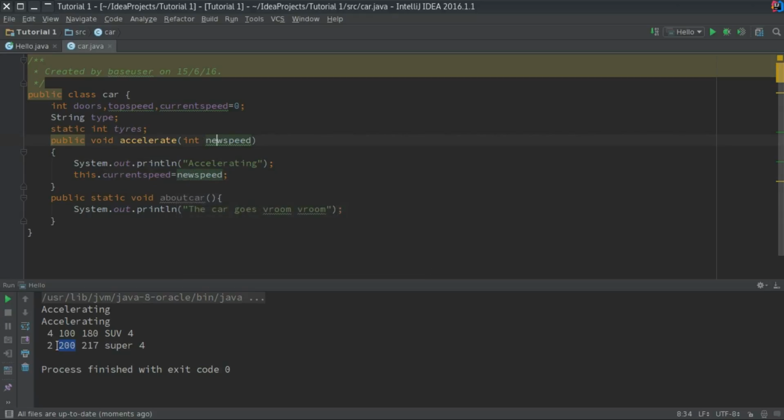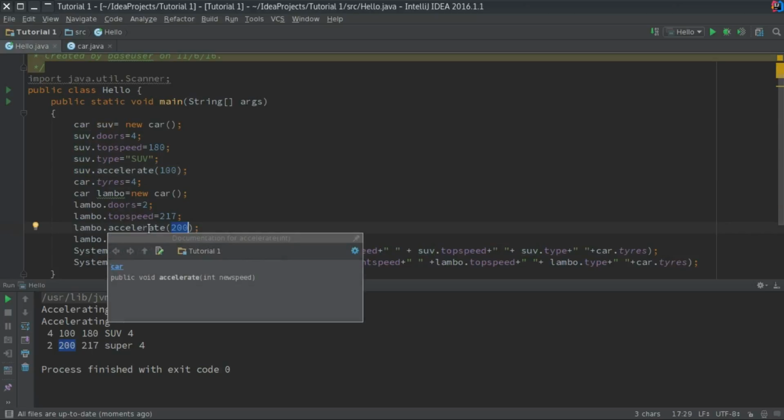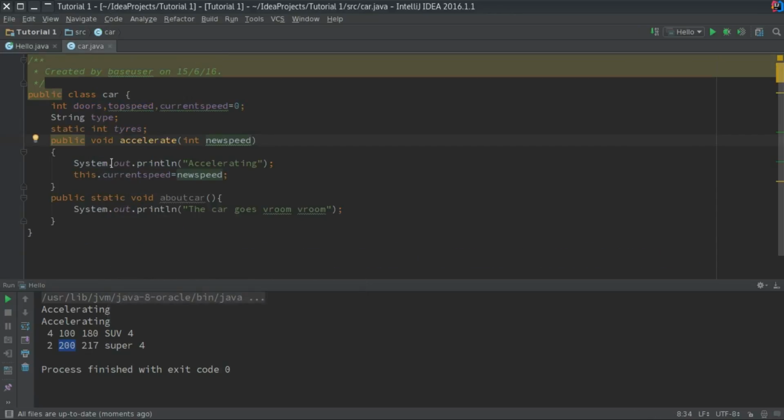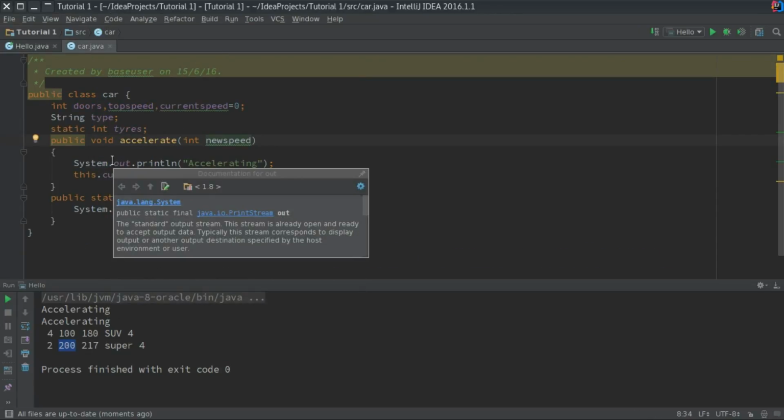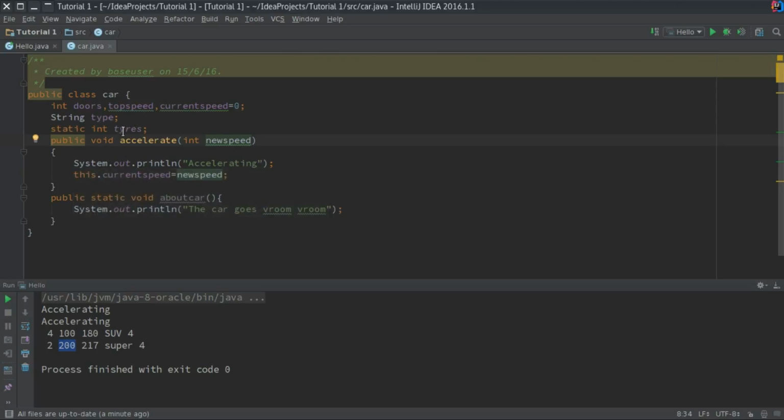So hence the SUV.currentSpeed became 100, and similarly Lambo.currentSpeed became 200 because we called Lambo.accelerate(200). So this is how you can use parameters to change the value of a property of an object. You can use them like that, and you can use the return type,